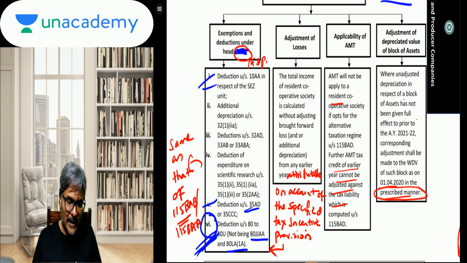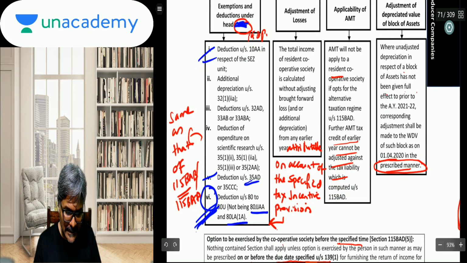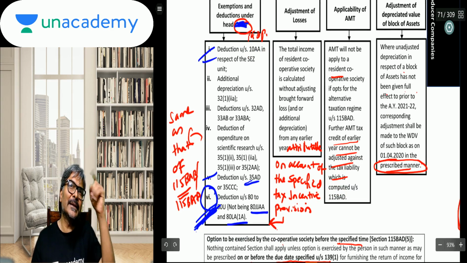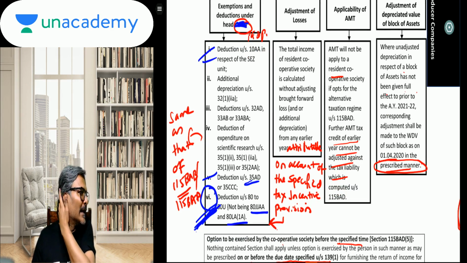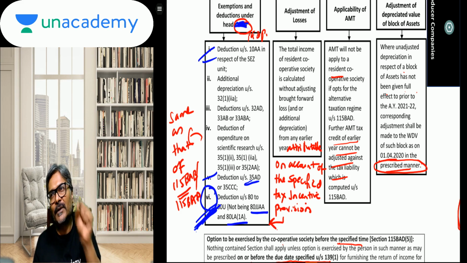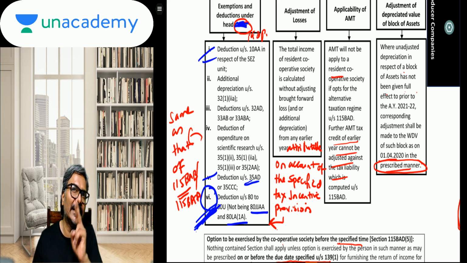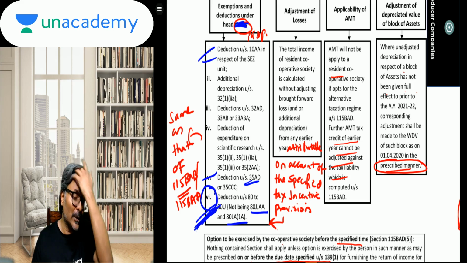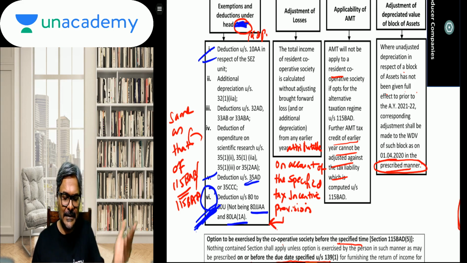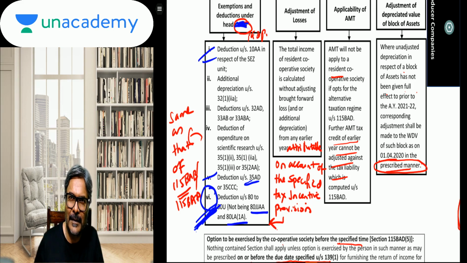However students, can you see point number 6? What did I tell you in that particular? I told you already that as far as 115BAA, BAB is concerned, only the profit linked deduction is out of the game, but at least you get chapter VIA deductions like 80G, 80GGA. But when it comes to cooperative society and the next part of individual that you are going to see, you don't get any chapter VIA except for 80JJAA. So deduction under 80C to 80U gone out from the game.